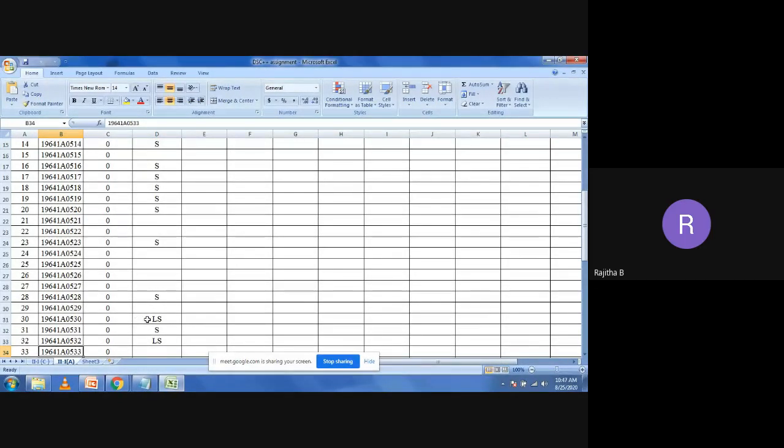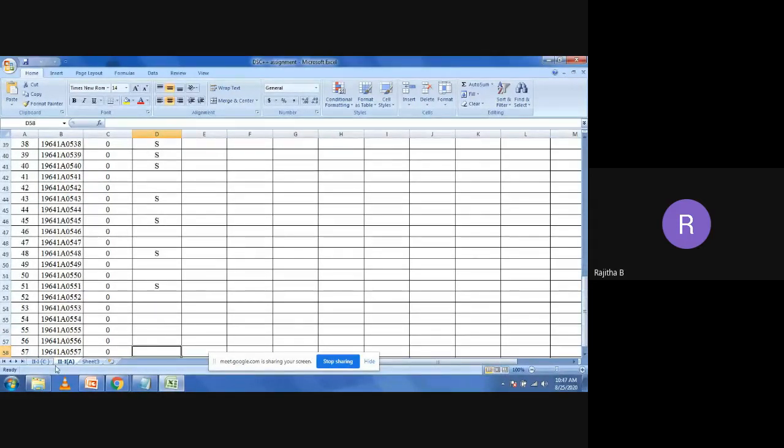I can differentiate the people who submitted before 5 p.m., so for that I am taking S, that is submitted. But if any student submitted late, that is after 5 p.m., I will consider that as LS, a late submission. So further, I want to decrease the marks of those students. LS means late submission. Definitely, I will consider those marks also.